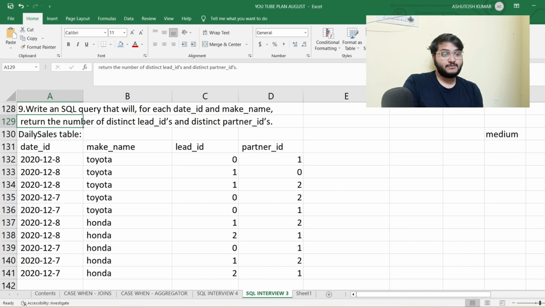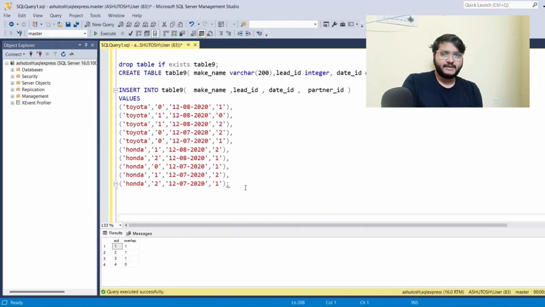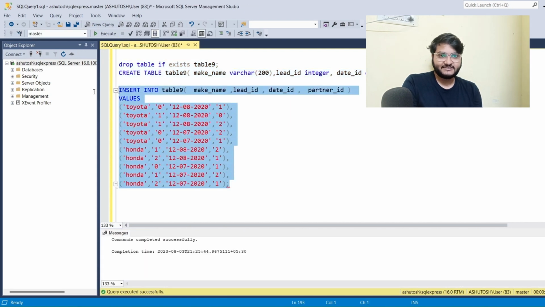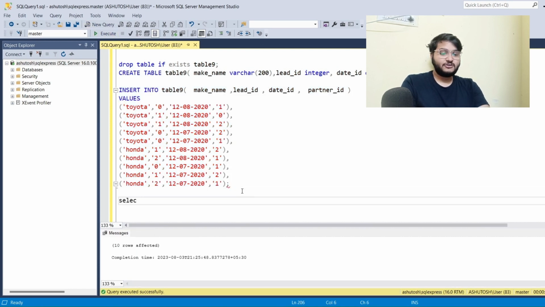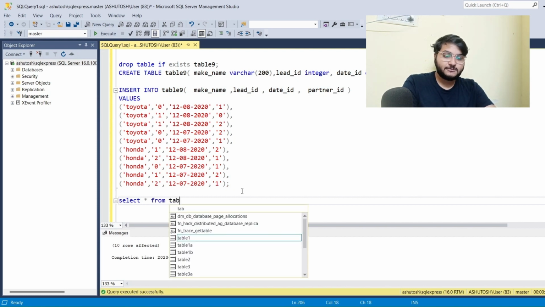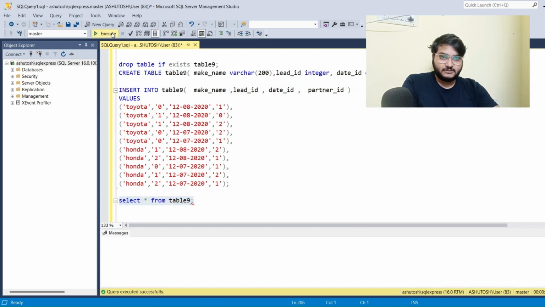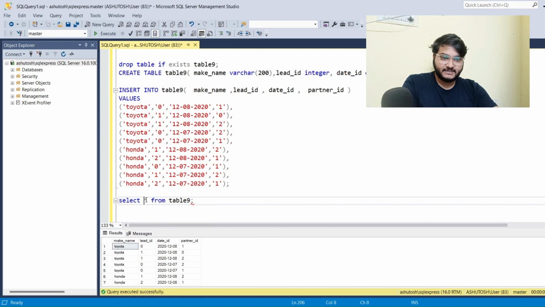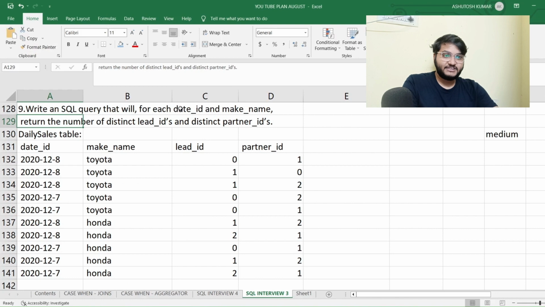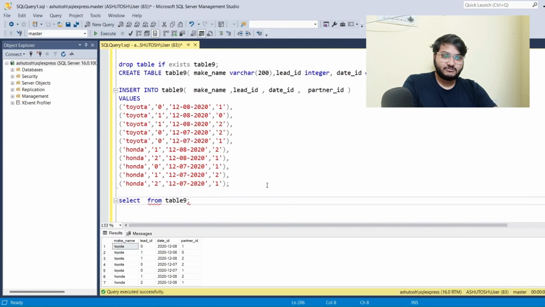Now this is also a medium level problem, I can say, because here also we might use the case when statement in the aggregates. By now you must have understood how important case when statements are, this concept of using case when inside an aggregate. So I'll just do a select star from table 9. According to the question, we need to get, for each date ID and make name,